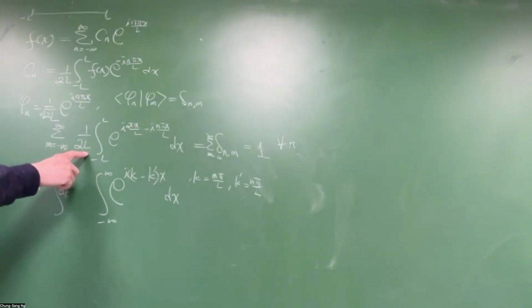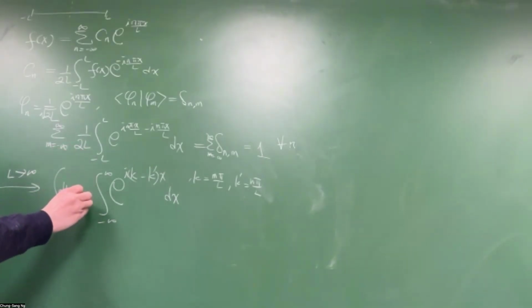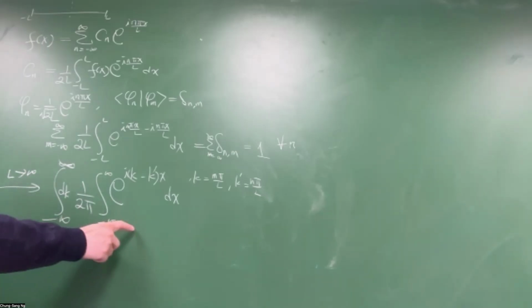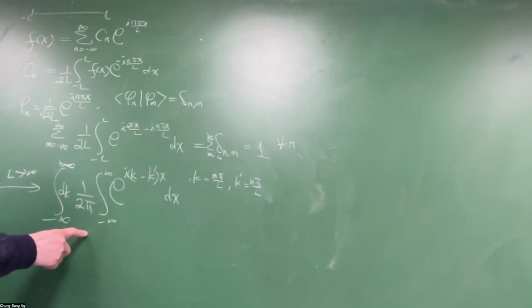Multiplied by L, canceling with that, divided by pi gives you 1 over 2 pi. Integrate from